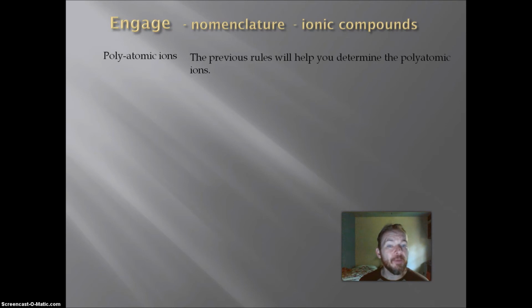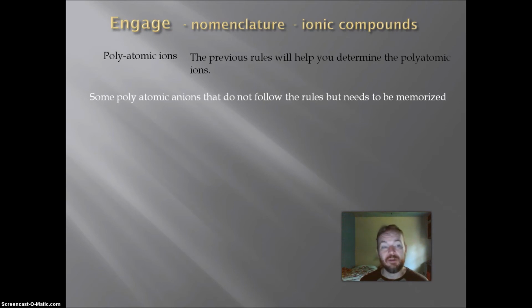The rules help us get most of the polyatomic ions, but there are some that don't follow the rules and just need to be memorized. And those include acetate. Acetate has 2 different ways to write it, but if you look at the formula, there's 2 carbons, 3 hydrogens, and 1 oxygen. One is an organic way that is more structurally driven, and one is an analytical way that is just the numbers. I don't care which one you use, but you need to recognize the acetate ion because we do use it a lot